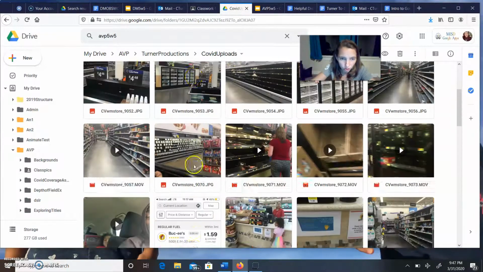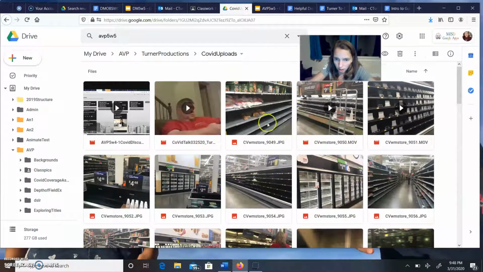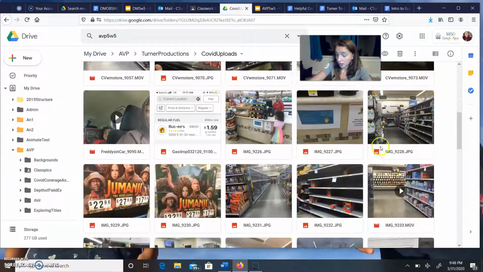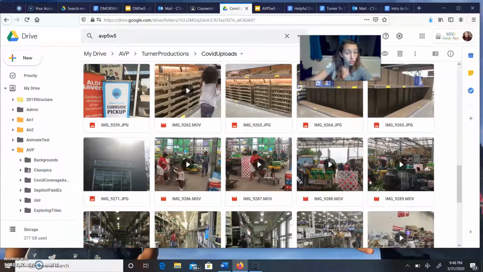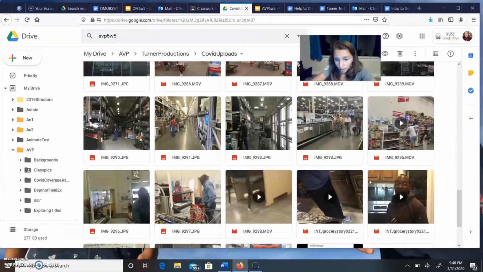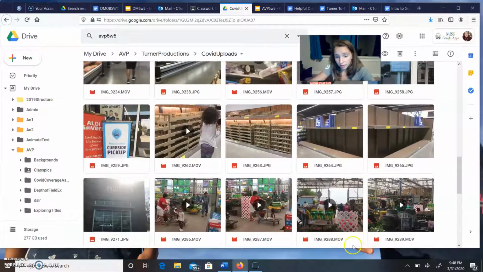So you could look through this folder and get some inspiration on, oh, I'm going to talk about the baked goods being gone. So worst case scenario, we have to cook everything. Worst case scenario, I don't eat bread until summer. Worst case scenario, I lose a few pounds because all the sweets are gone. I don't know. So this is here for you. So you can browse through here. You can get some ideas on what topics you could do, what shots you could do. On the bright side, I have time to do repairs at my house. That's why everybody's at Lowe's nowadays.